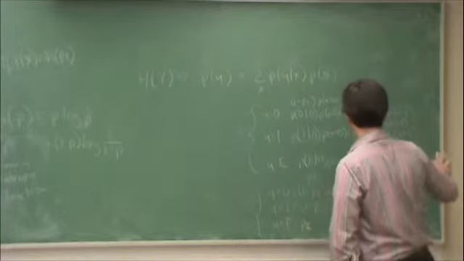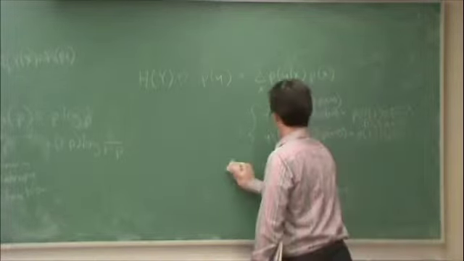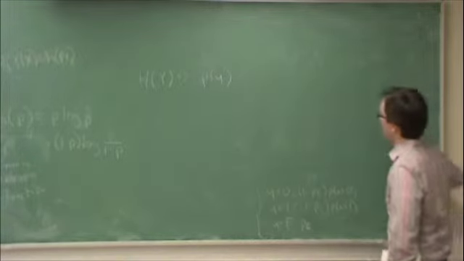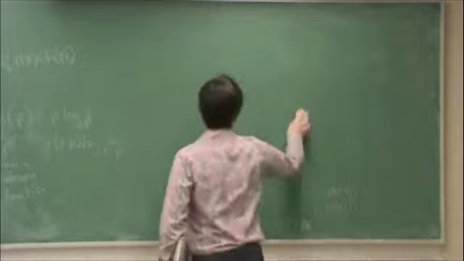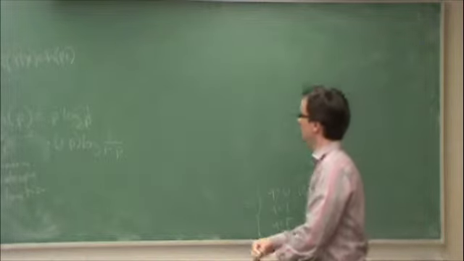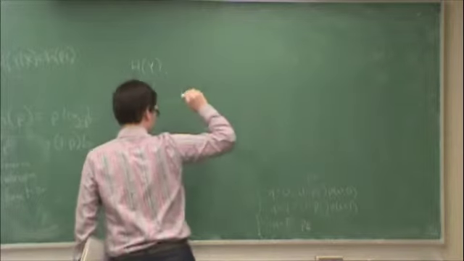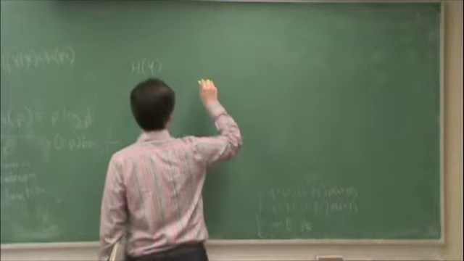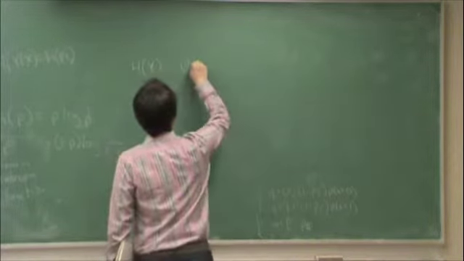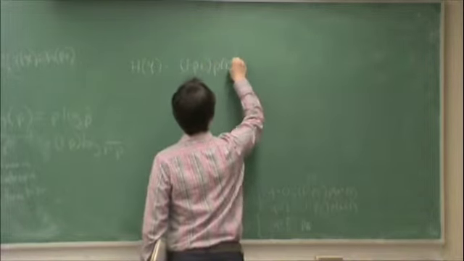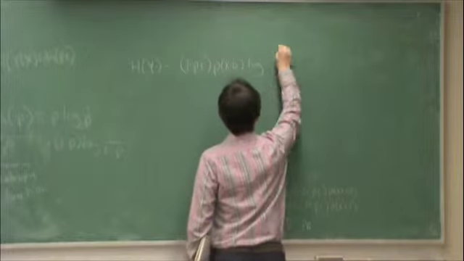Now, let's calculate h of y. H of y is equal to, okay, for y is 0, I have 1 minus PE, probability x equals 0, log 1 over